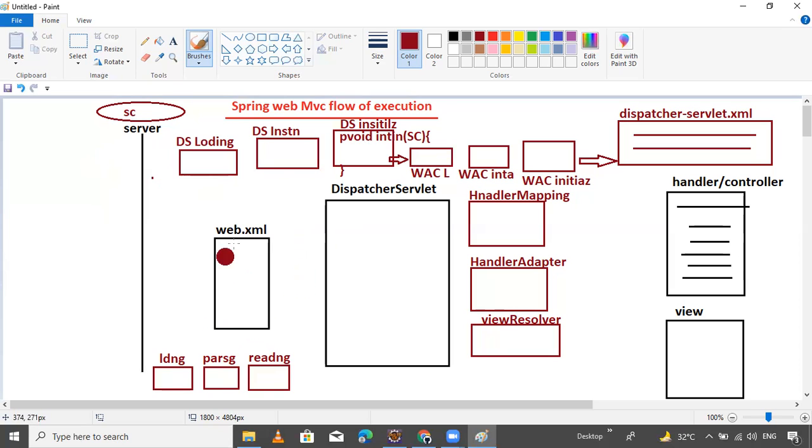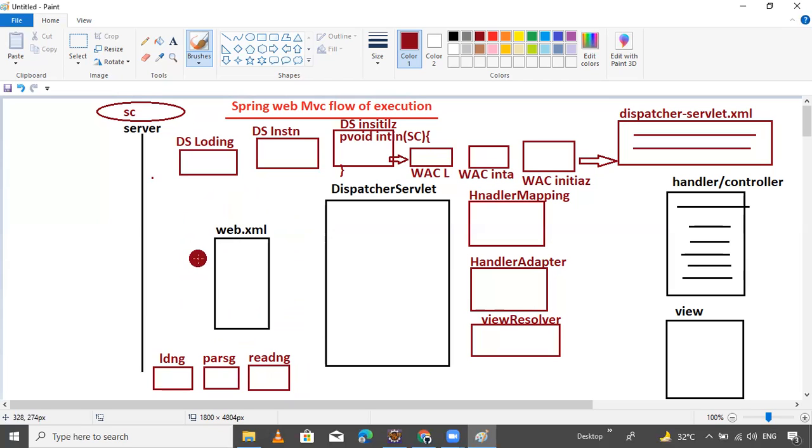So now the container will load, parse, and read the data inside the web.xml file. At the time of parsing, the container will recognize the load-on-startup configuration. Besides that, it identifies the dispatcher servlet configuration. So the container will search for the dispatcher servlet class.